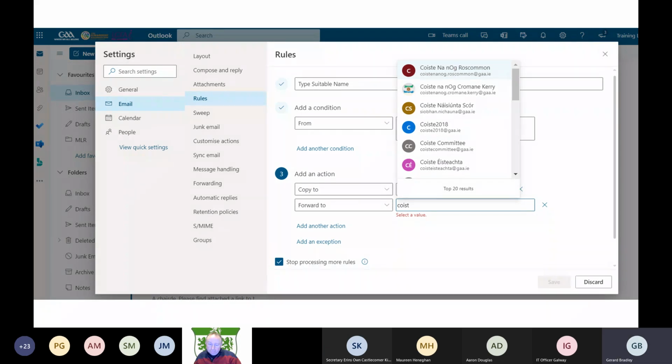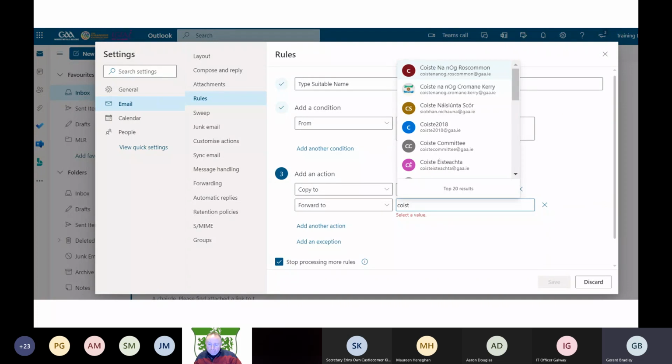And every month when that email comes in, a copy will be sent to the communications folder and forwarded to all the people in this communications list. This list will contain whatever number of people you put in it. And that's very simple. So that means now the email comes in, instead of you having to do anything, it's